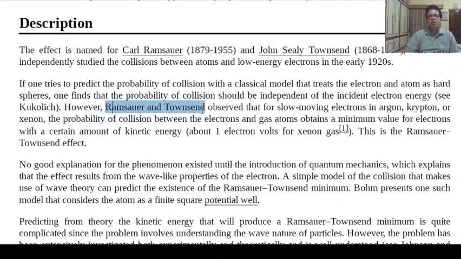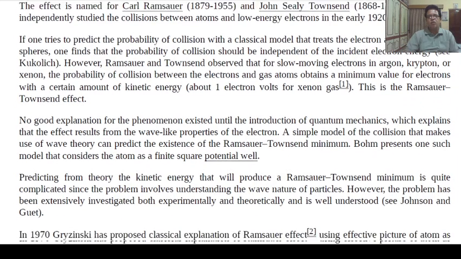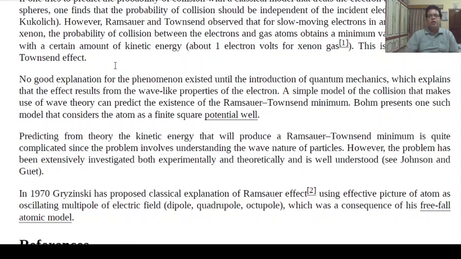However, Ramsauer and Townsend observed that for slow-moving electrons in argon, krypton, or xenon, the probability of collision between electrons and gas atoms attains a maximum value for electrons with a certain amount of kinetic energy. This is about 1 electron volt for xenon gas. This is the Ramsauer-Townsend effect, and that is also proved by theoretical analysis if you plot the graph between T versus E upon V0. No good explanation of this phenomenon existed until the introduction of quantum mechanics,